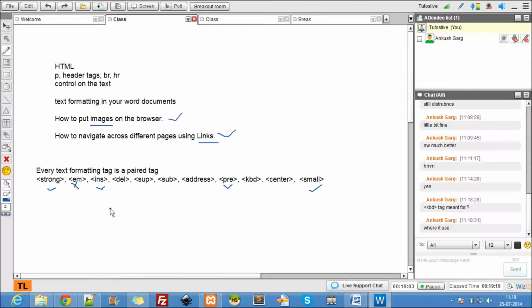use them appropriately. And again, one more thing I suggest here is practice. That's the only way you can learn any language or any subject. Okay, so don't forget, you don't have to create exceptional websites. For practice, what you are supposed to do is just repeat whatever I'm doing here.